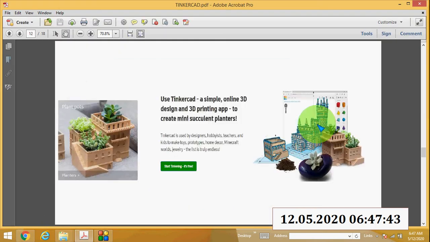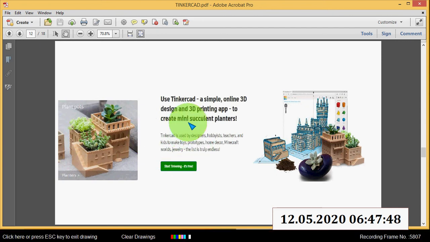Then the next one is plant pots. Use Tinkercad, a simple online 3D design and 3D printing app, to create mini succulent planters. This is used by designers, hobbyists, teachers, and kids to make toys, prototypes, home decor, Minecraft worlds, jewelry.